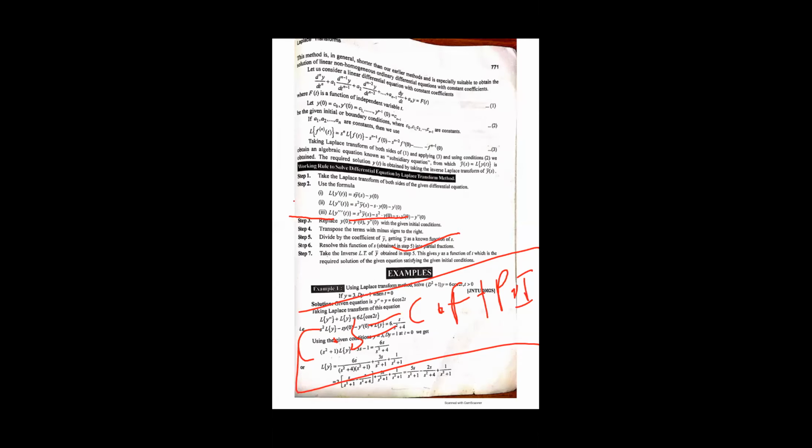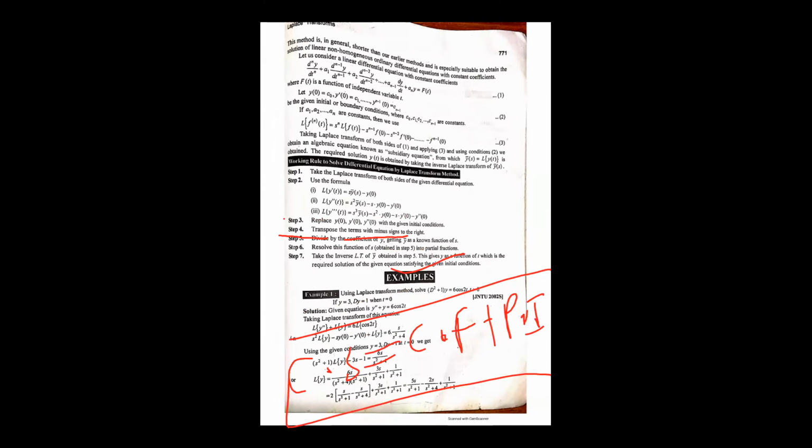How do we write the symbolic form in Laplace transforms? Here the derivatives are d^n y by dx^n plus a1 times d^(n-1) y by dx^(n-1). So this is the general format of a linear differential equation. First we have to learn these notations. These notations are also used in the derivatives of the Laplace transform.